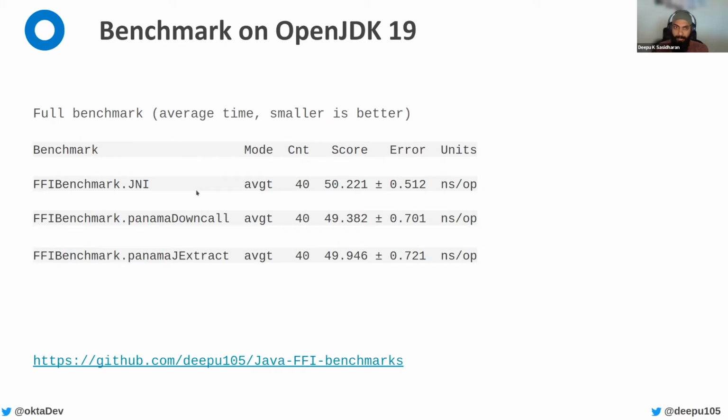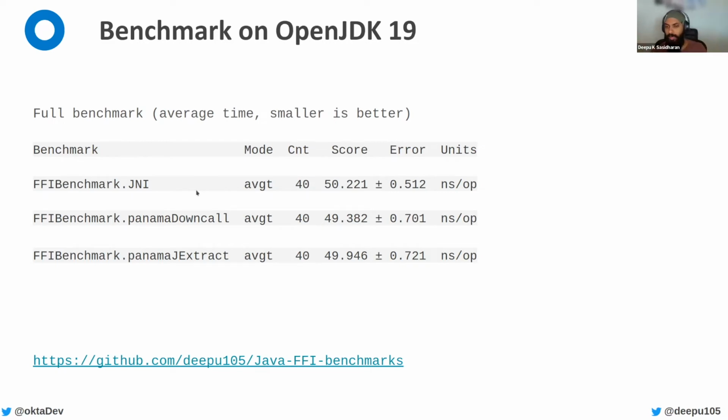So Panama API seems slightly faster than JNI. And remember, we are only in the preview. No, currently we are in the incubator stage. We are not even in the preview stage yet. Preview would be in JDK 19, and in the OpenJDK 19 preview builds, I think it's probably very close to what you will get in the OpenJDK 19 preview itself. But I would assume whatever we have at this point is in between the incubator and the preview,